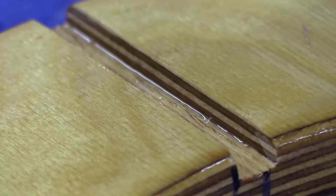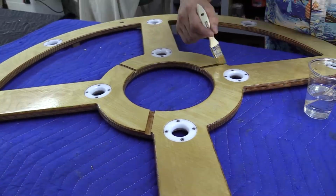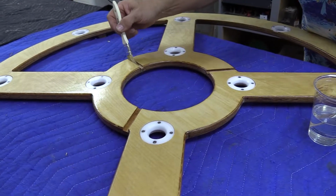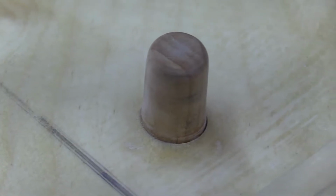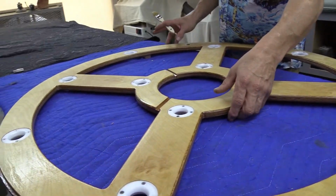They're all slightly different, but remember we broke the diameter of a 12-foot circle into 4 different sections. The wires didn't line up exactly straight into the center, but that's okay, we compensated for that. Now if you'll notice over here, there's a pinhole for the pin that's in the back of the panel. And what I'm doing is I'm just sealing up the edge of that wood. And then we're going to flip it over,